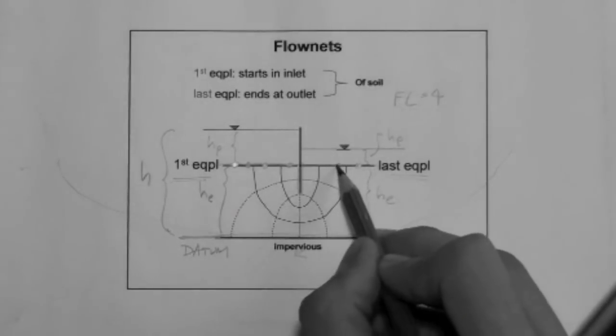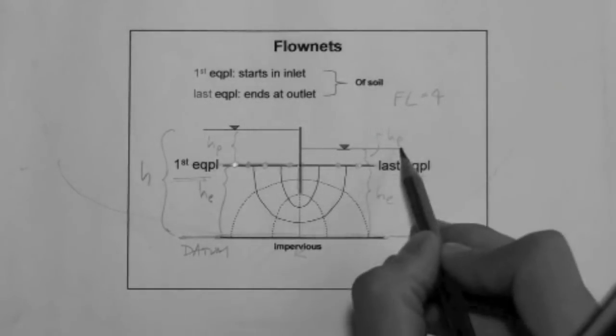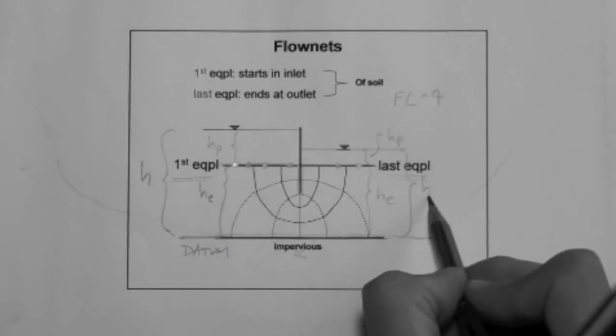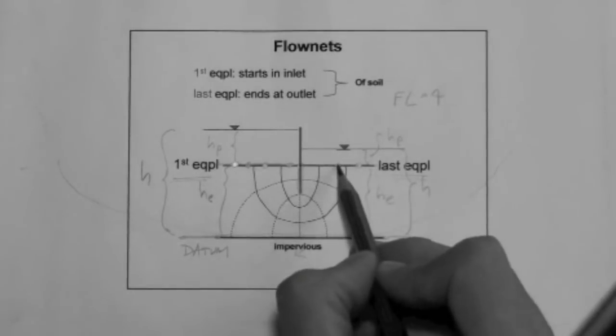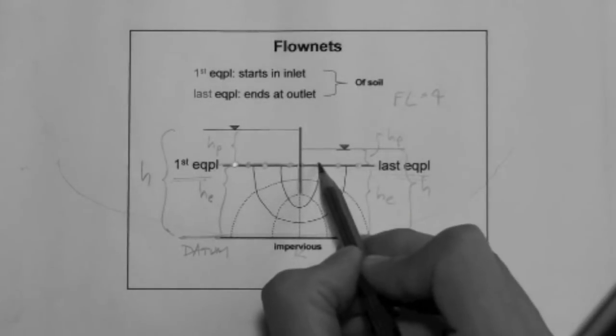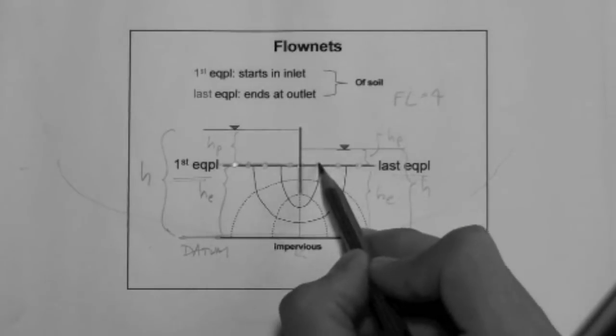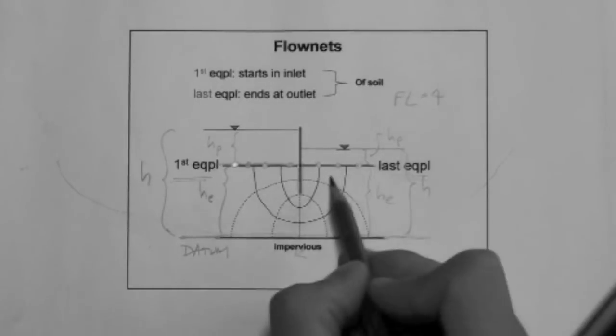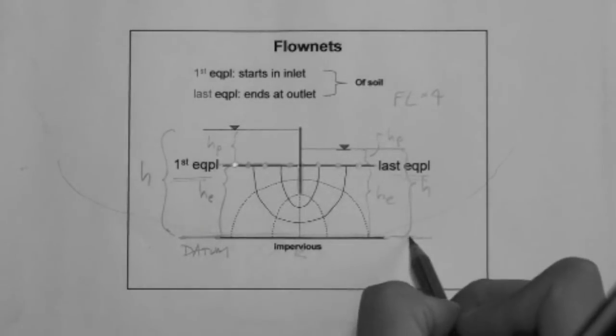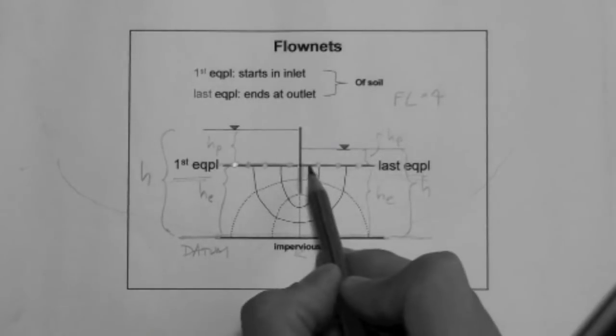And if you take this point, the same applies. Sorry, this whole thing, of course, is the total head here. So if you take this point, that's a total head. If you take this point, that's a total head at that point. The total head at any point is this. So that condition makes this